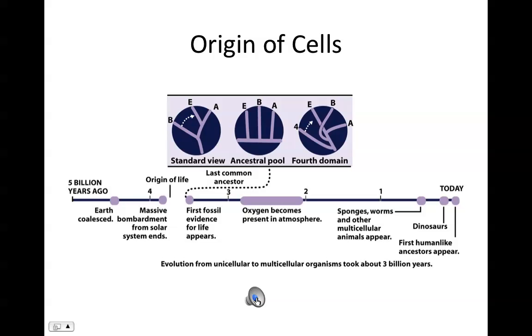As scientists worked out the details of the origin of cells and the relatedness of one organism to another, it became pretty apparent that fundamental cell structure and organization seemed to be very important. And if we took a look at the fossil evidence and the biochemical similarities and differences, we found that the origin of cells was an important piece of information to determine. And so scientists have been working diligently for quite a few decades to determine when cells started to appear on the surface of the Earth, what kind of evidence or data or things that we can measure, which as scientists, that's what we want to look for, and that's what we make our decisions on.